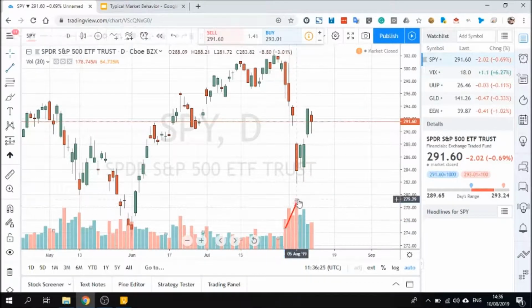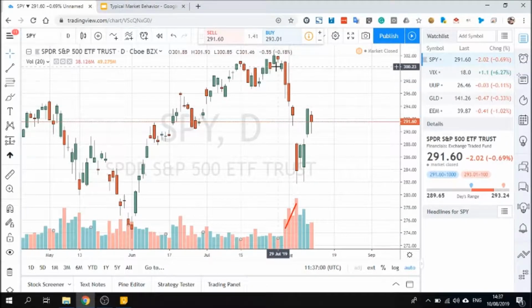Here you can see the volume increasing on the down move to the downside. This took like a week or so to take the price from the 302 all the way down to, guess where? 280. Okay, so we have a down. It's not a trend, it's really a meltdown, if you want, for a week. So really downturns are really more significant, they're faster, they have a lot higher volume, and as we said before,